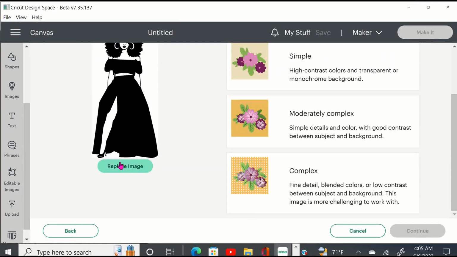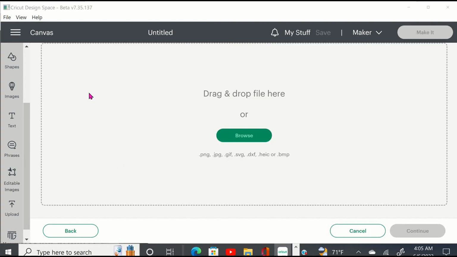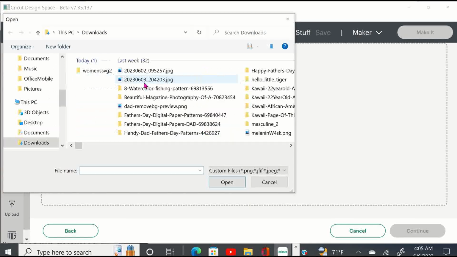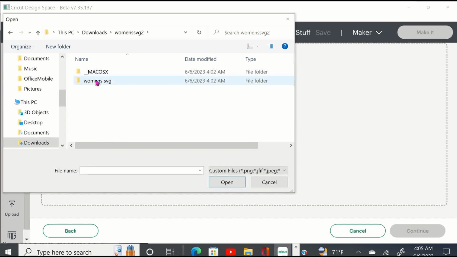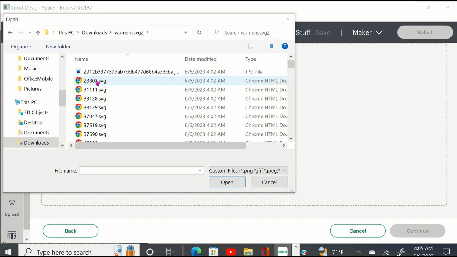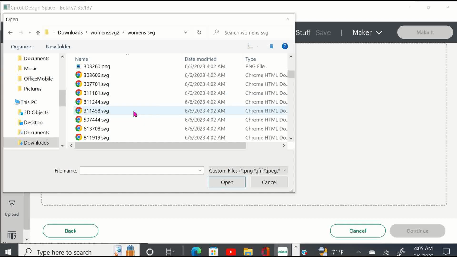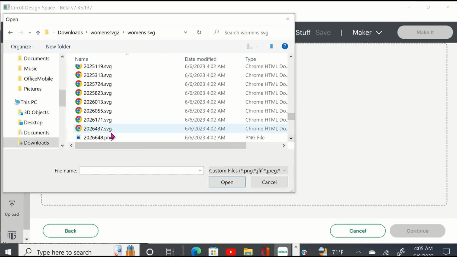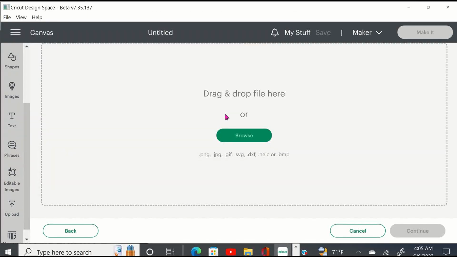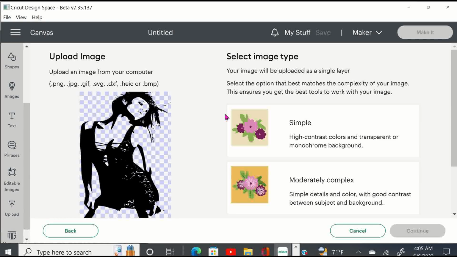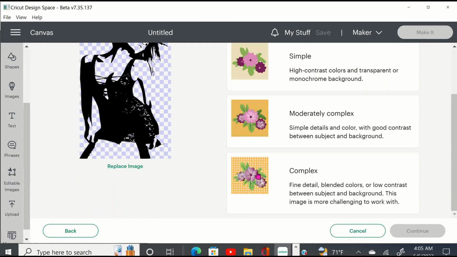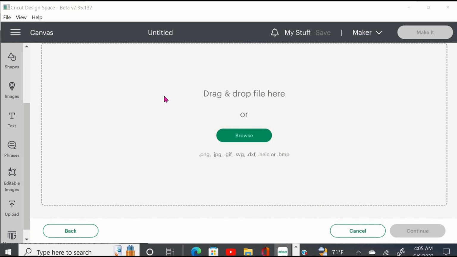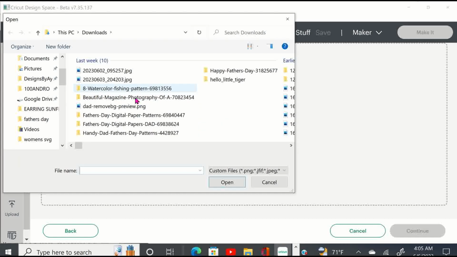So let's go back. All right, here's the PNG file. All right. So these are all the files that were associated with that image that I just purchased off of